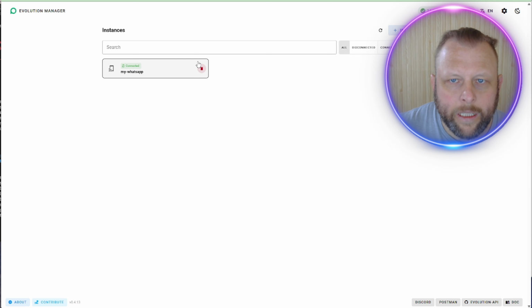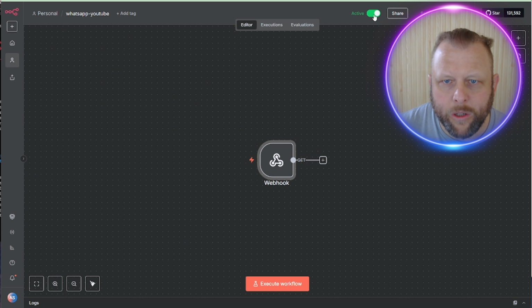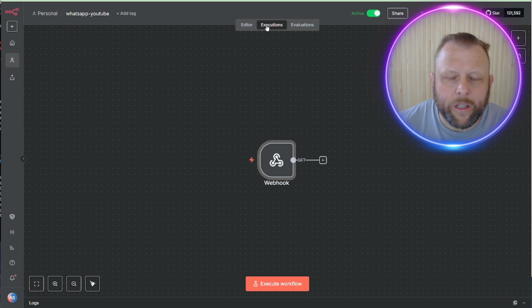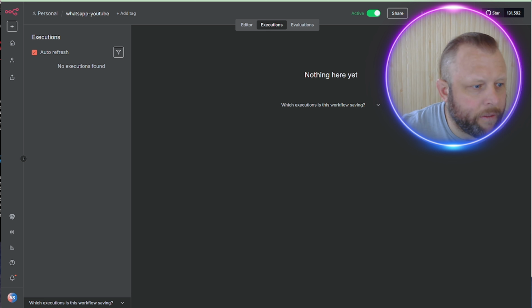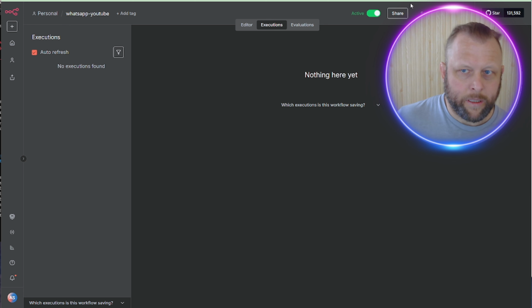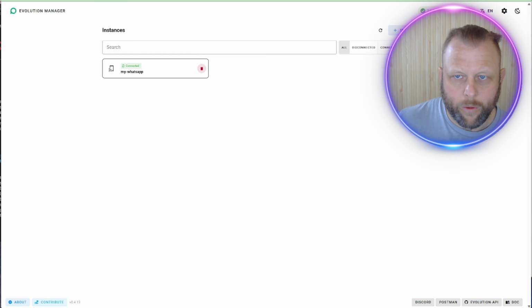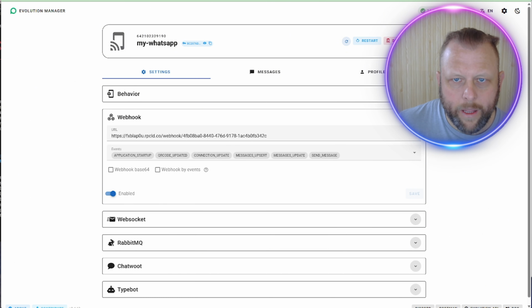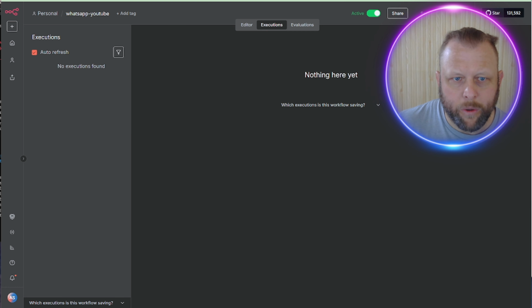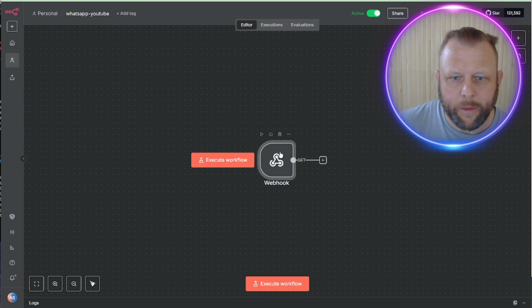Now, when you come to your WhatsApp, you need to make sure that was running. Now make sure you go into executions. And what we're going to see is a bunch of stuff come in here soon, hopefully, if we have the right webhook set up. So let's just go back through in here and connect back in here. Our webhook is that. I'm actually wondering if we filled in the right webhook for this. I was hoping to see something come in